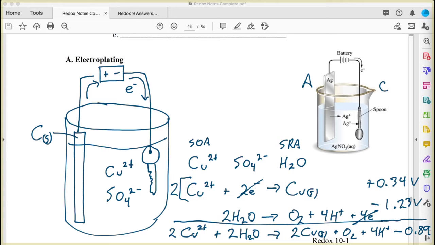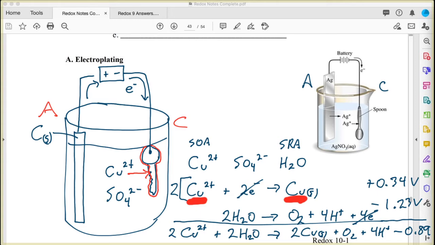But if we look at our half reaction to see what's actually taking place here, I have copper 2 ions becoming copper solid, and since that's my oxidizing agent, my reduction half reaction, I know that's happening at the cathode. So in this case, the key is the cathode, which means that the copper ions are moving towards the key, the cathode, to pick up those electrons and become solid. So on the surface of the key, we start plating